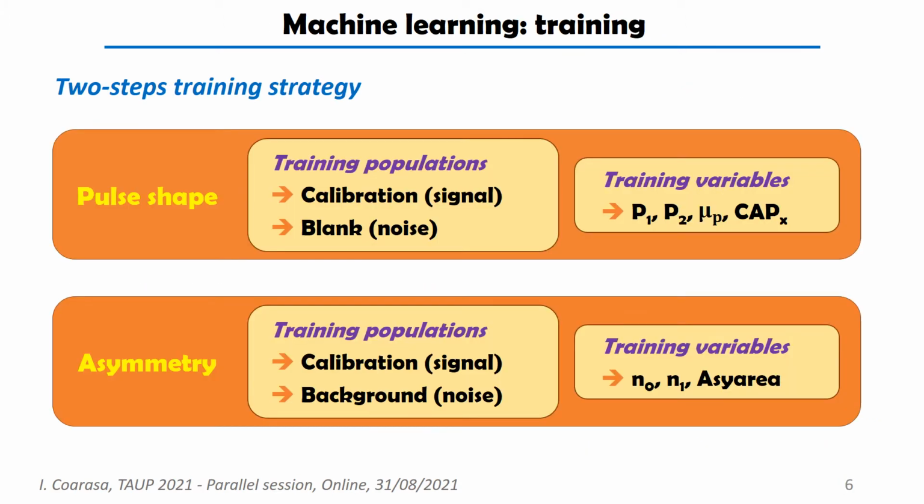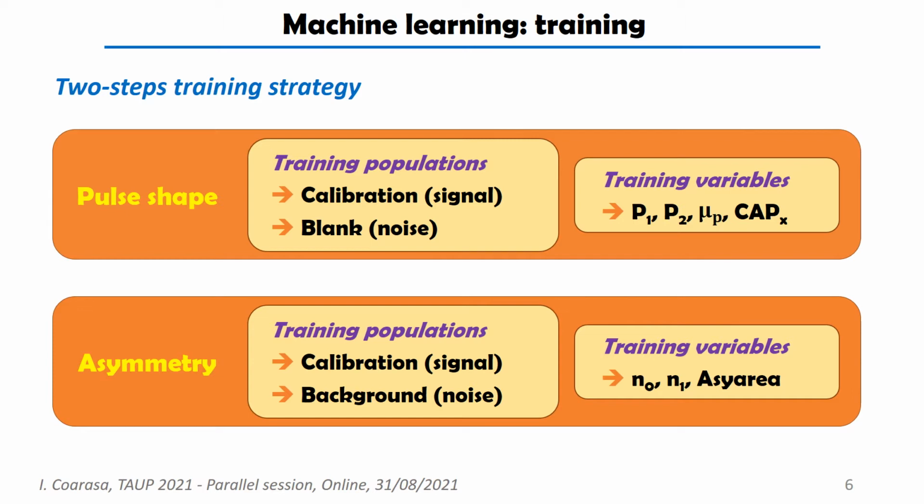Following the strategy of ANAIS-112 filtering protocols, we separate the training into 2 phases. In the first phase, we try to extract the scintillation events considering input parameters only depending on the shape of the total pulse from the 2 PMTs. As training populations, low-energy cadmium-109 calibration events are used as a pure scintillation signal sample, whereas events from the blank module are used as noise sample.